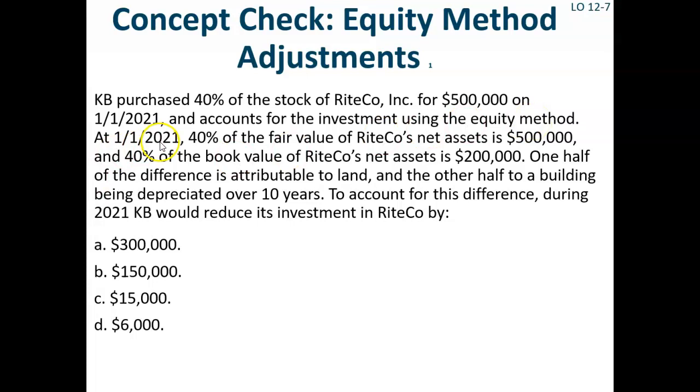At January 1st, 2021, 40% of the fair value of Rightco's net assets is $500,000, and 40% of the book value of Rightco's net assets is $200,000. One half of the difference is attributable to land, and the other half to a building being depreciated over 10 years. To account for this difference, during 2021, KB would reduce its investment in Rightco by